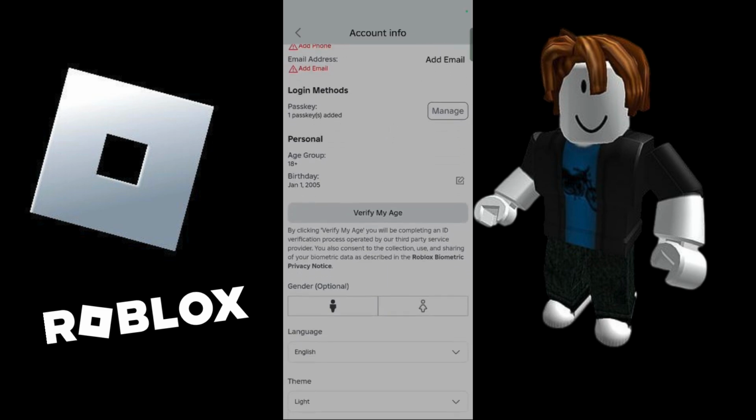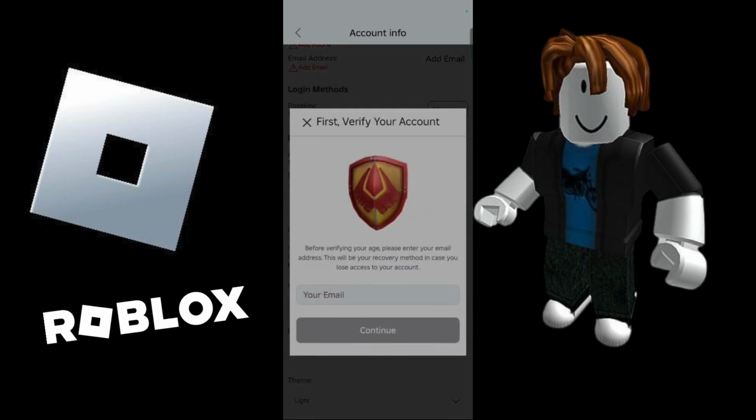And the main thing that you need in order to enable the voice chat feature is simply verify your age. So you need to be at least 13 years of age or 13 plus in order to get the voice chat feature in Roblox. So you can simply click onto this verify my age option, and then from here you